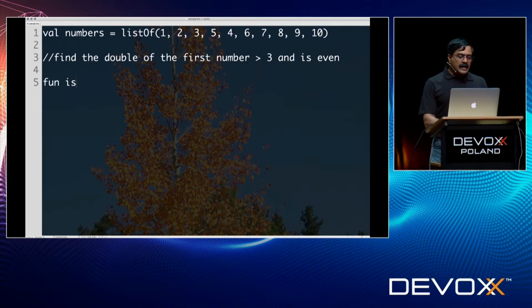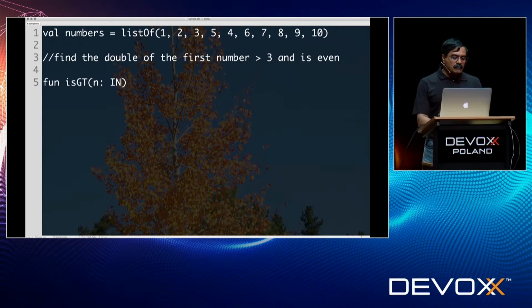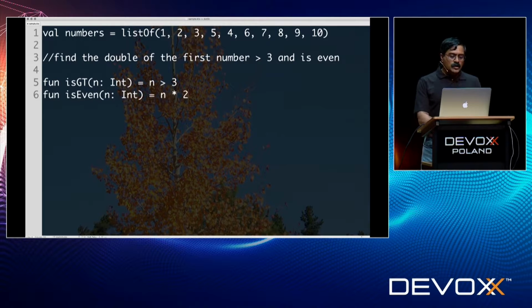So let's create isGreaterThan3, which takes an integer n, and it's going to return n greater than 3. I'm going to write a function isEven, and the isEven function takes a number n, and it's going to return n mod 2 is equal to 0. So with that said, what am I going to really do with this